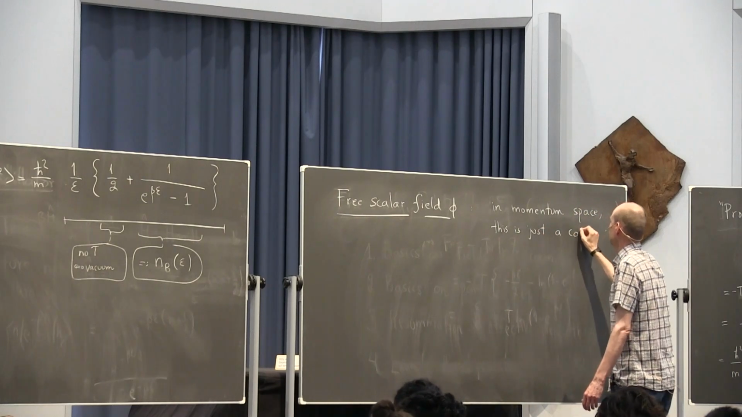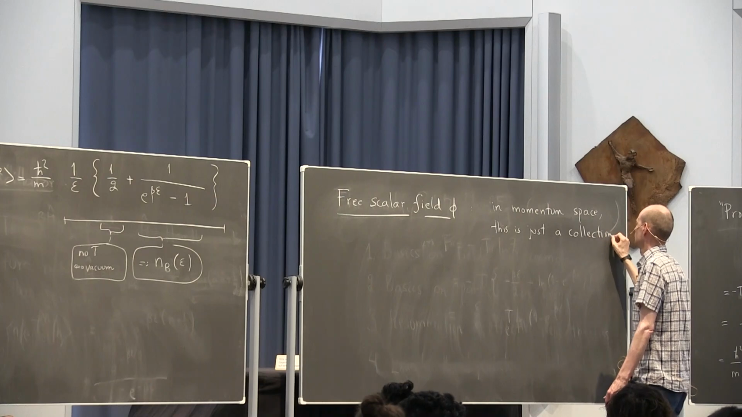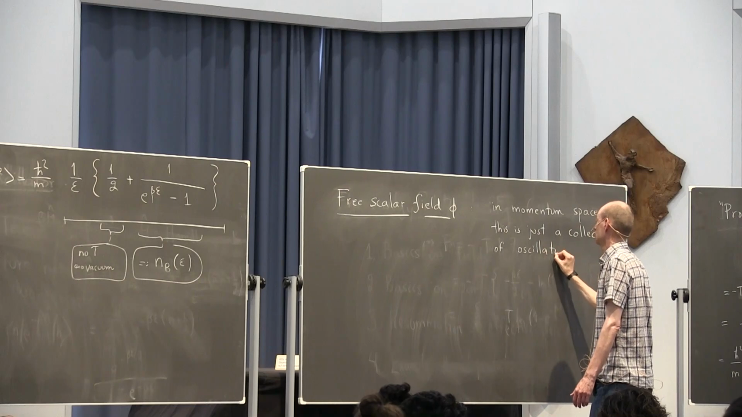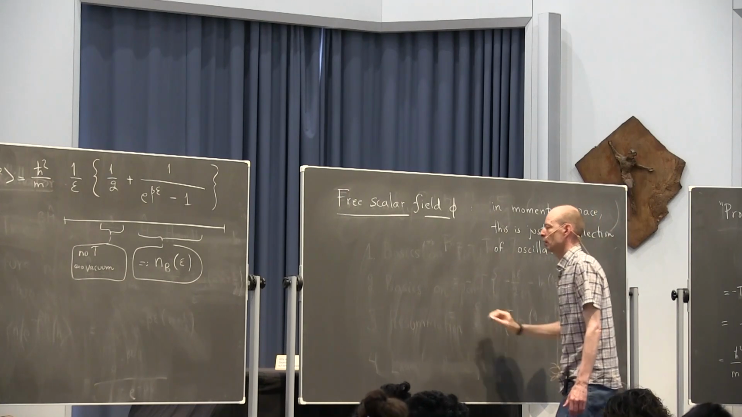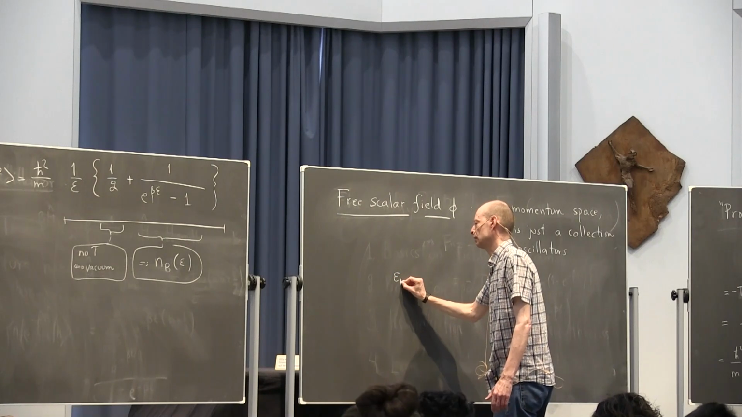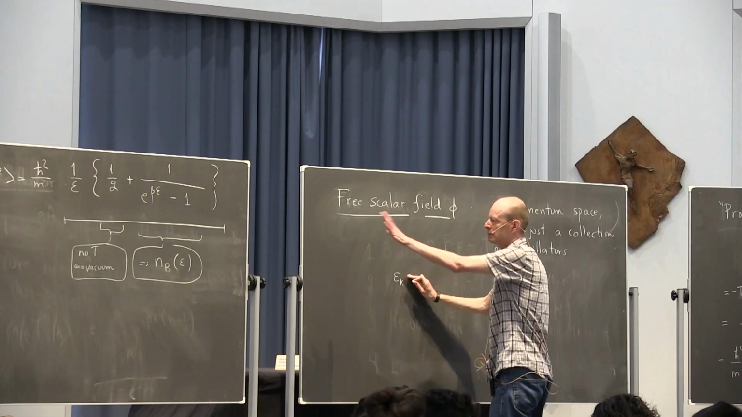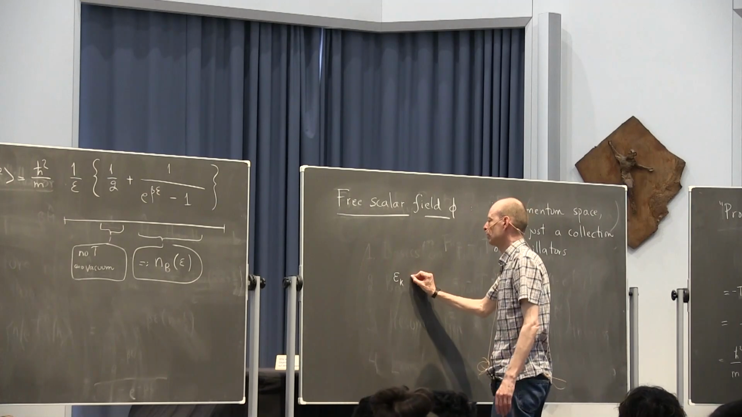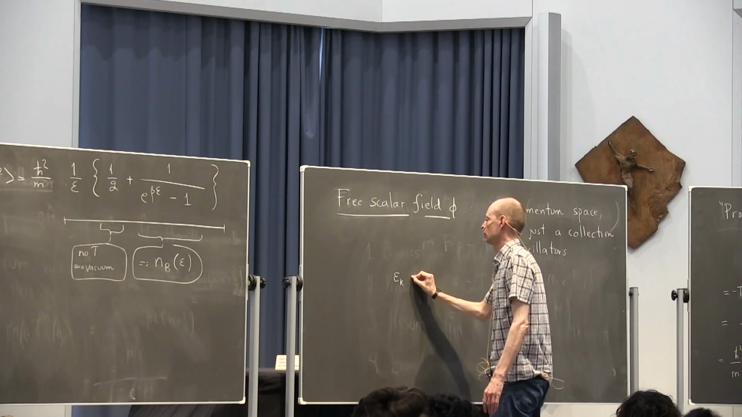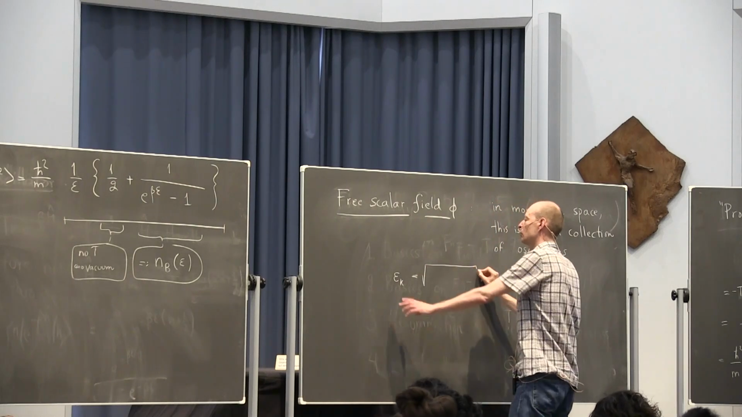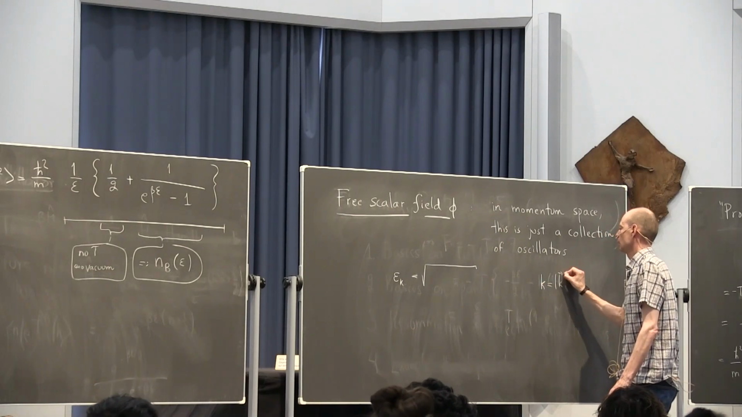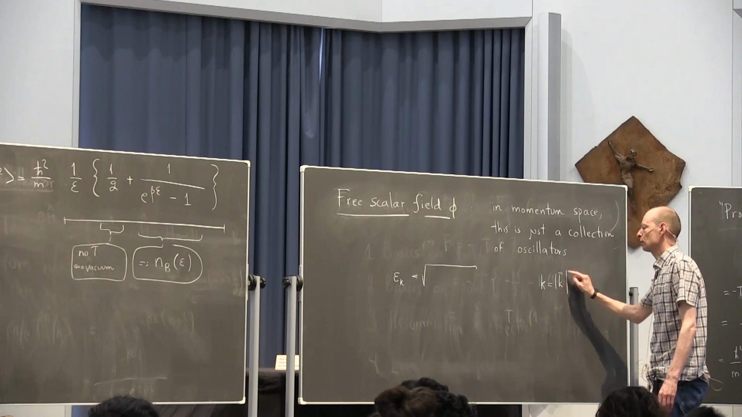This is just a collection of oscillators. So now I will generalize my notation a bit. I'll now denote by epsilon k, exactly like an epsilon there, but now in the context of a field theory, it will depend on the momentum. My small k